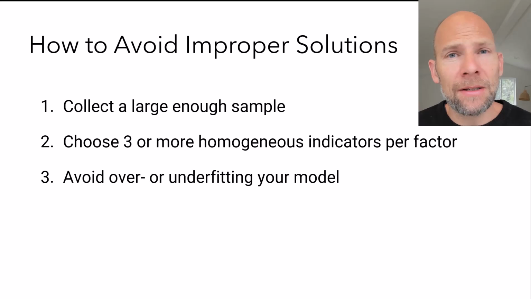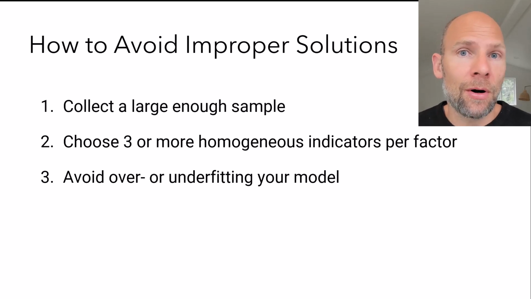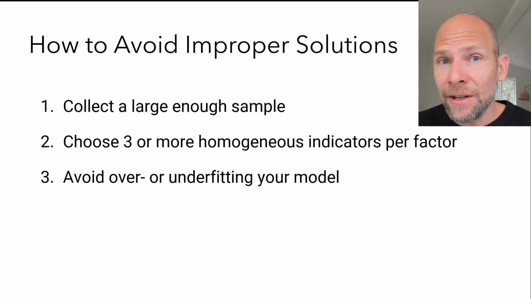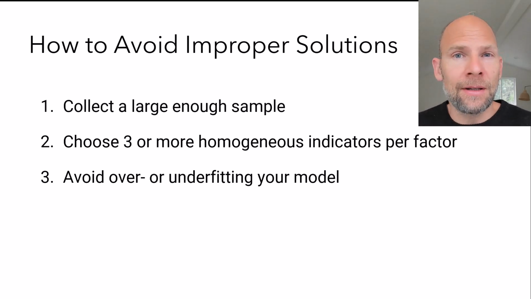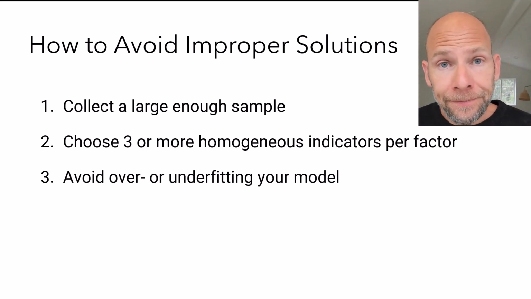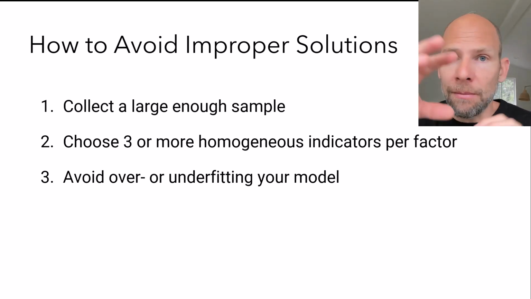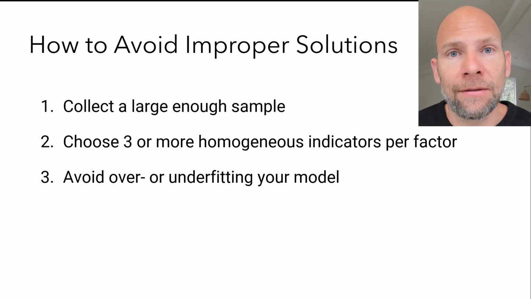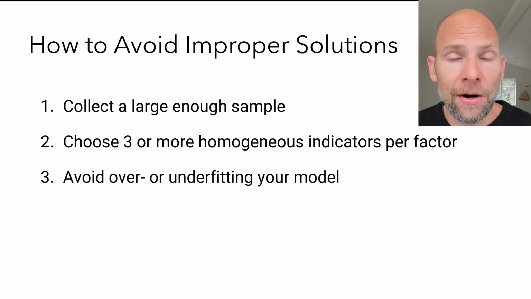So model misspecification is perhaps the single most common reason why we see improper parameter estimates in practice. When a model isn't right, then this can happen more frequently. And this can either be due to overfitting the model, meaning having too many parameters in the model, perhaps too many factors. For example, when we have complex confirmatory factor models with method factors and correlations among all kinds of factors, then in those situations when indicators load on multiple factors and you have correlated factors and stuff like that, then this can also happen more frequently due to over factorization,